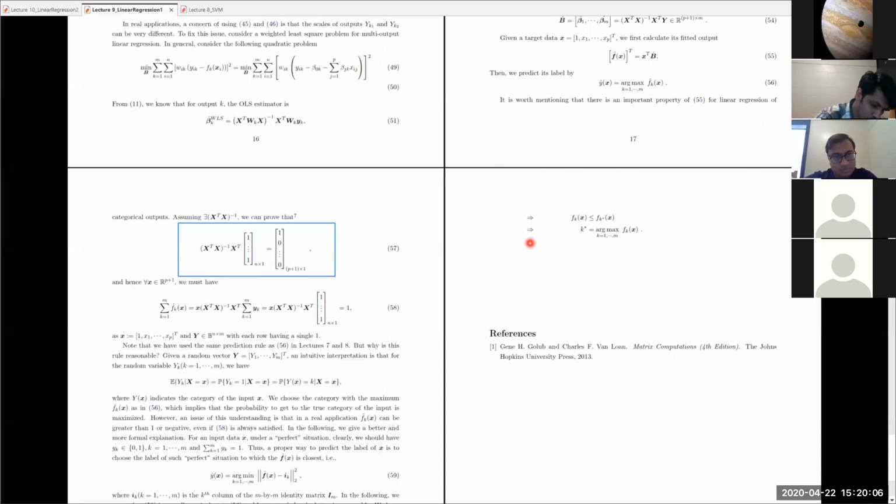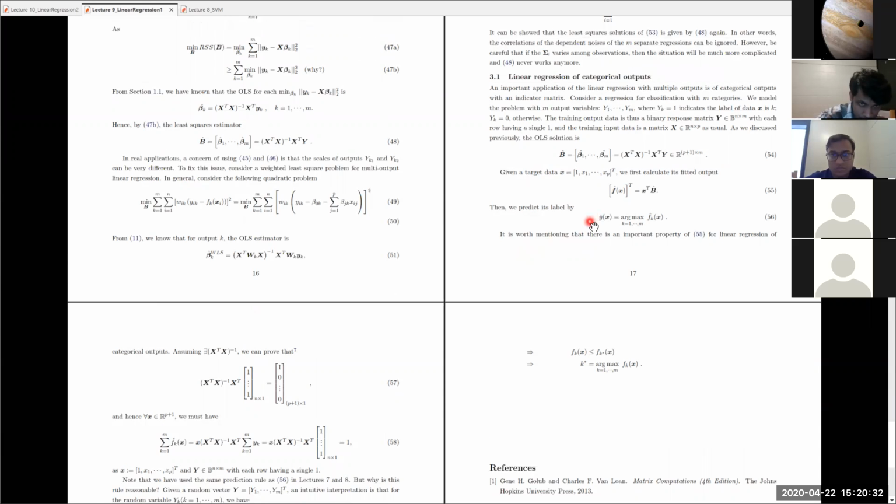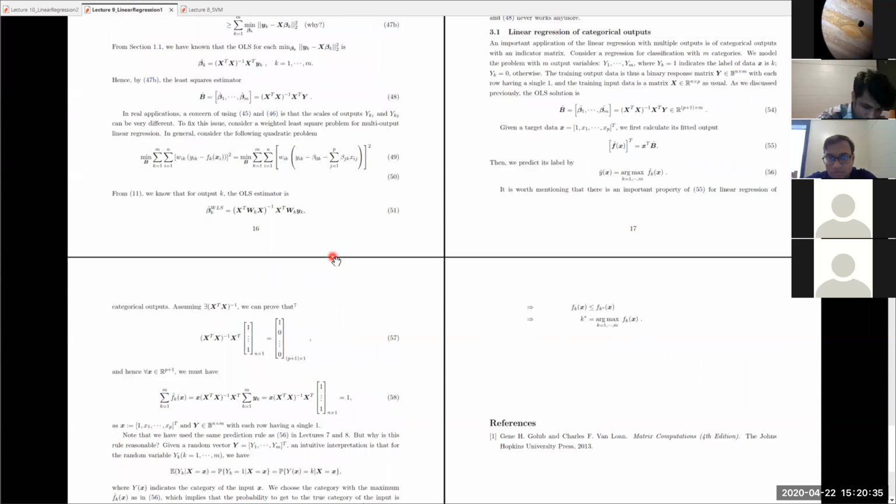If I have... Let me see. Give me a second here. I think I need to consider it later after the class. There might be something wrong here, but the question is, if I don't have this one there, I can also do 58, because 58 is the key. 58 tells you that for any x, the summation of your estimated